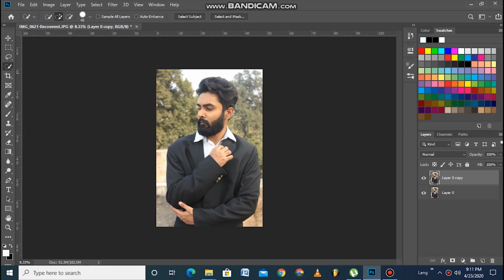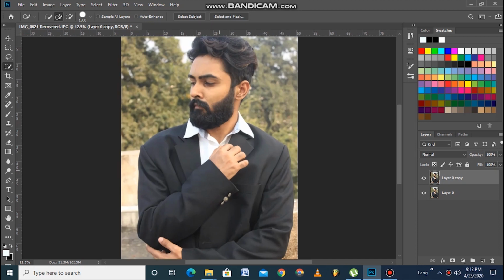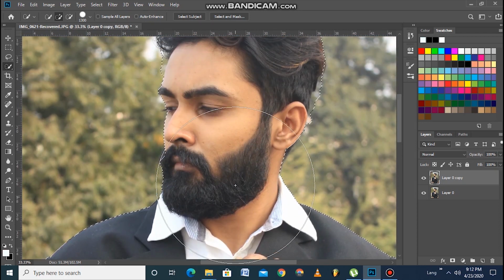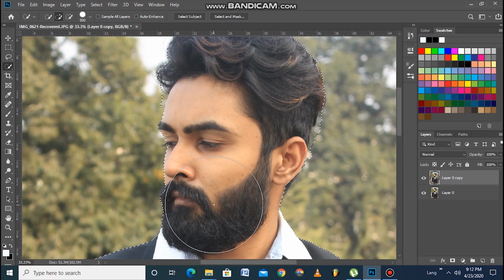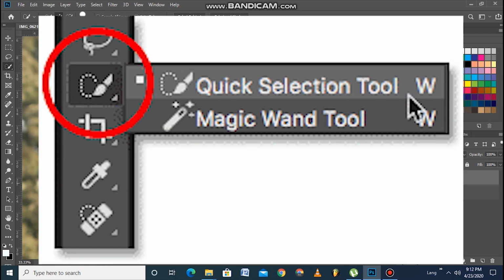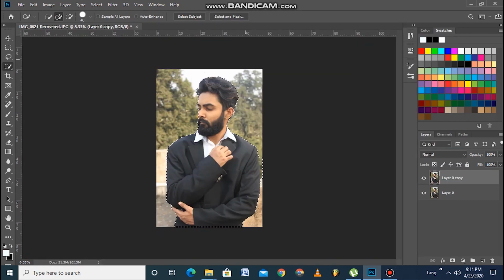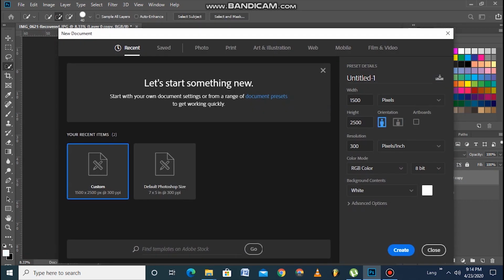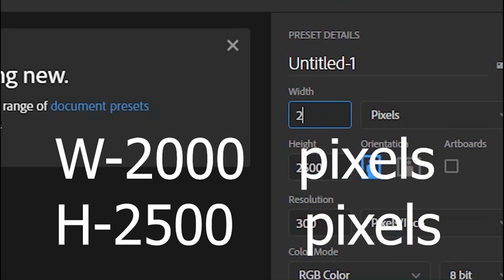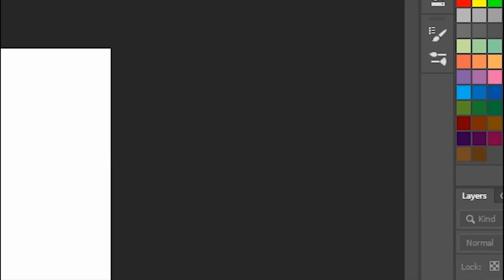We clicked a lot of pictures a few years back, and I thought of editing one of those pictures as an example on how to get the effect of these people in the film industry, especially. Everyone has it. So if you want this effect, what you need to do is cut your character with the quick selection tool, and you need to press Ctrl N, and that's going to open a dialog box. In this dialog box, you fill in the following figures and you press OK, and it will open